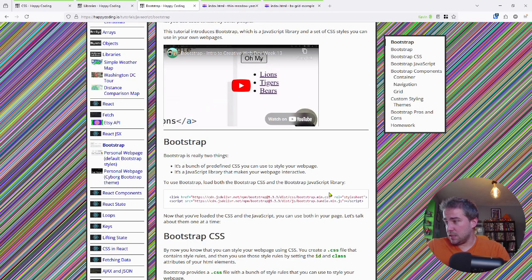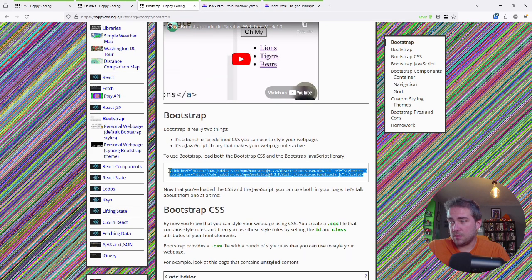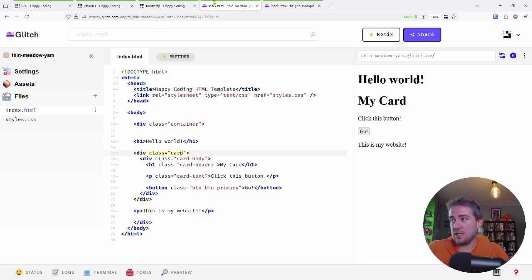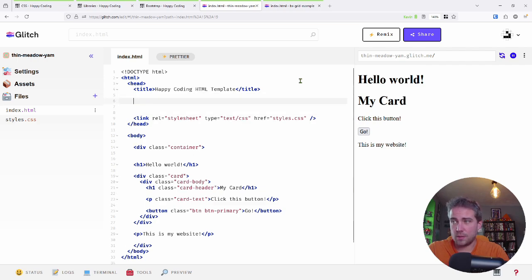So let me go steal these two lines of code, and I'll explain them in a second. But for now, let me just paste them in and show you what happens. So all I'm doing is pasting in two lines of code, one that loads a CSS file, exactly how we've loaded CSS files before, and one that loads a JavaScript file, exactly how we've loaded JavaScript files. The only difference is that these files are coming from Bootstrap. I didn't create them. Bootstrap did, or the team behind Bootstrap, the human beings behind Bootstrap. So anyway, enough preamble. Let me just paste this in,